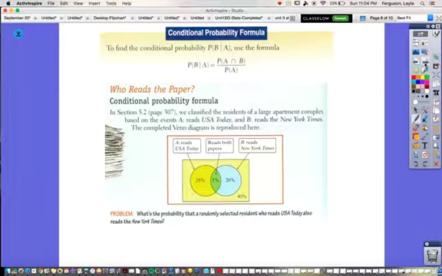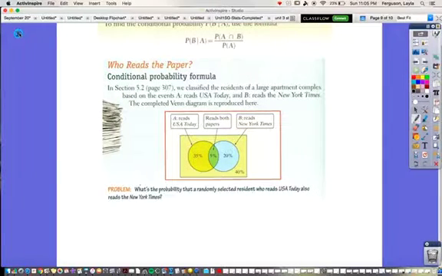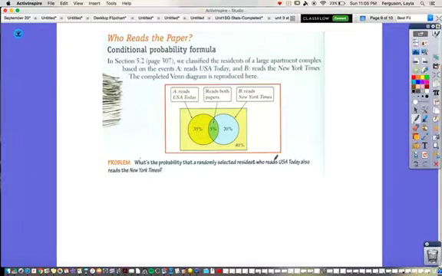Conditional probability formula. To find the conditional probability of B given A, we're going to use the formula that we sort of talked about earlier. So, who reads the paper? In Section 5.2, we classified the residents of a large apartment complex based on the events A, reads the USA Today, and B, reads the New York Times. We then completed the Venn diagram and it's reproduced here below. What's the probability that a randomly selected resident who